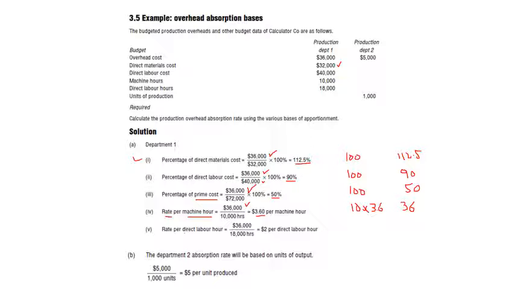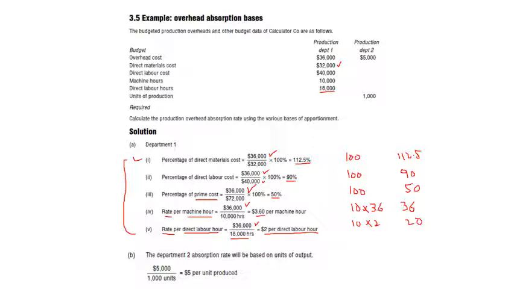Then again you are provided direct labor hours. On the basis of direct labor hours, you can calculate their rate as well. So 36,000 is your budgeted FH, and you divide by your 18,000 direct labor hours. They are also provided in the question, you see. So you get $2 per labor hour. For example, if you are provided 10 labor hours to produce a product, and you multiply with the rate, you get $20 of your FH to complete that product. So for department 1, we were provided some information.